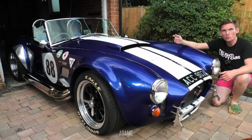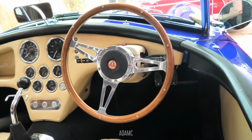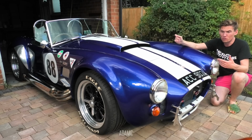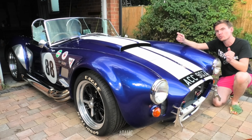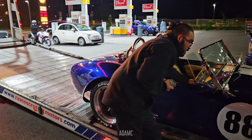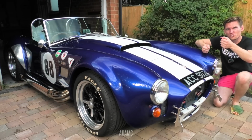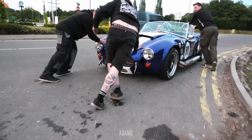That's what I got. I've done almost 15,000 miles in this car. And the most recent journey you might have seen was to the Goodwood Festival of Speed, which didn't allow me to get home. I didn't quite make it. I was close. I mean, we almost got home, and then I slipped on my own oil spill, and that's because